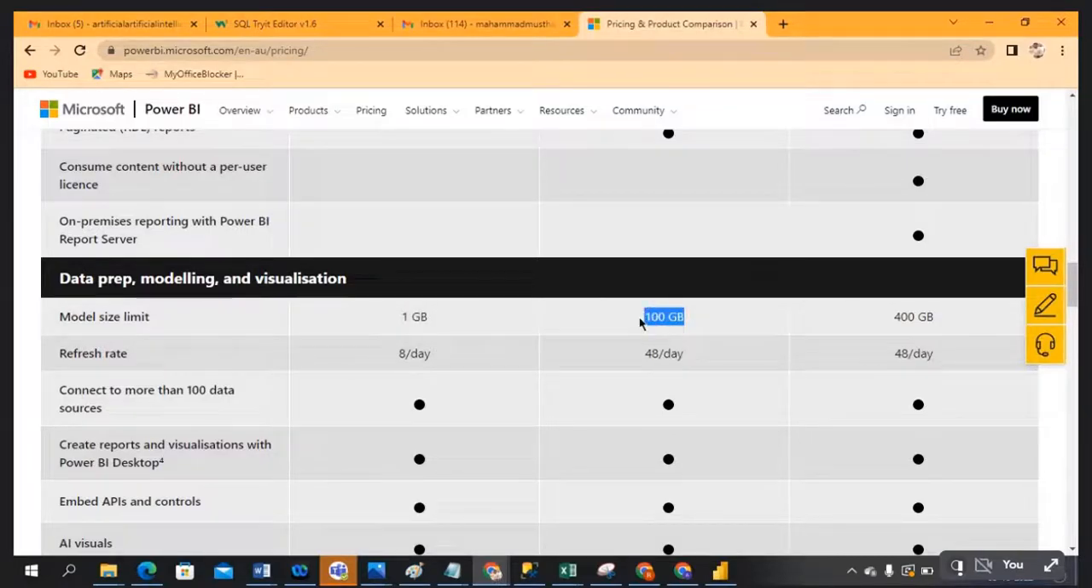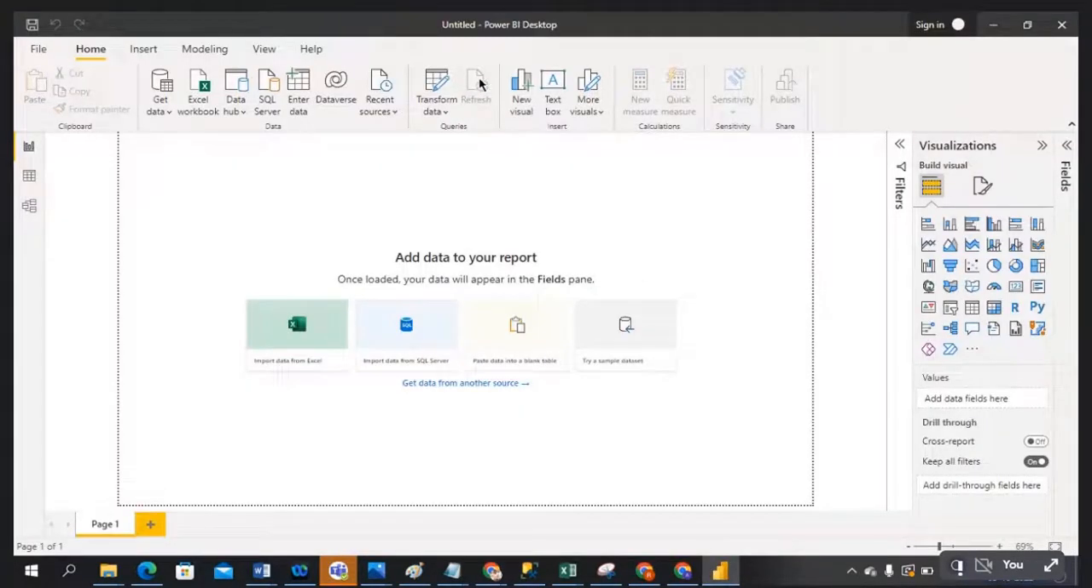Very important, guys. Refresh per day: 8 times for Pro, 48 times per day for Premium. Refresh means, I'll tell you. Here you can see the refresh option. That will support 8 times in a day for Pro, 48 times for Premium. You refresh when you want the data updated. For example,